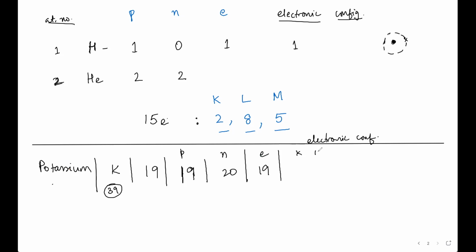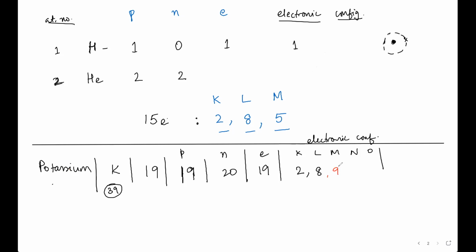So K, L, M, N, O, okay. How many electrons will go in the K shell? 2. Yes. In L? 8. So for potassium and calcium, there is a small difference. M can take up to 18 electrons. We have 19, of which 2 and 8, 10 electrons we already put here. So you might get a doubt: why can't I just put the remaining 9 in the M shell?